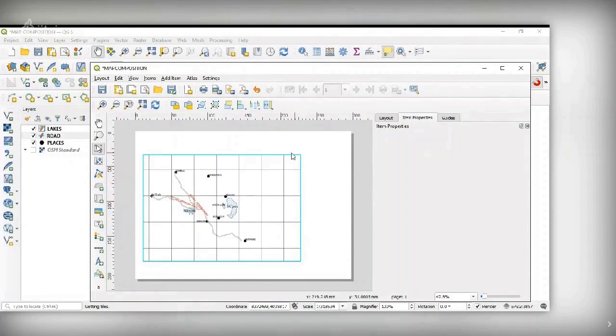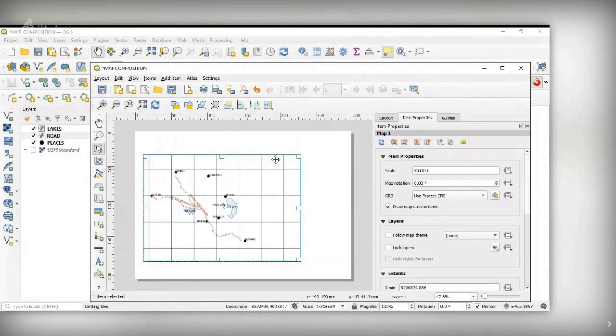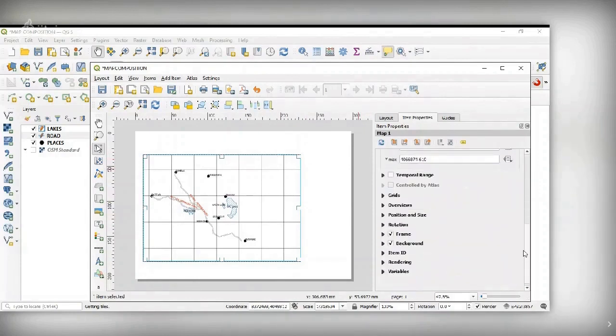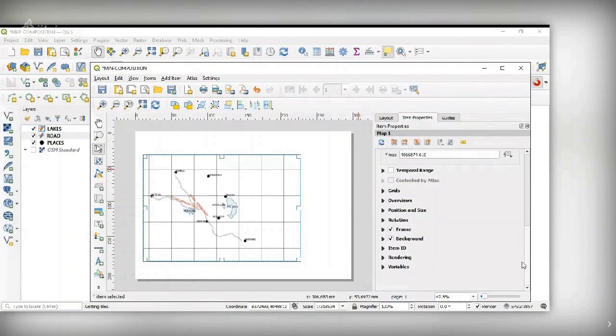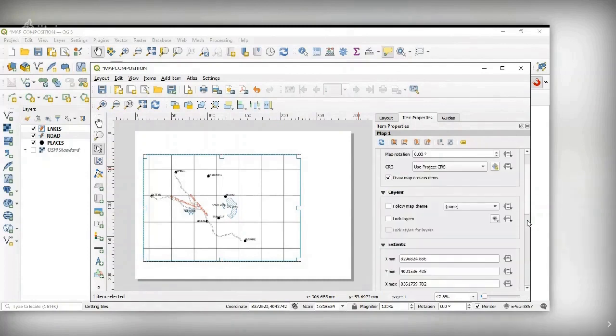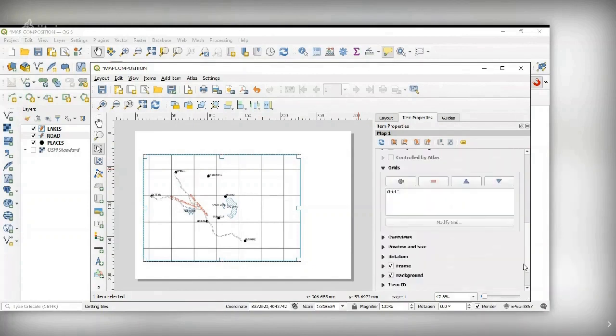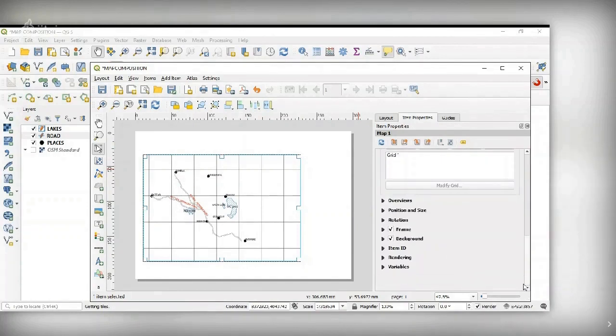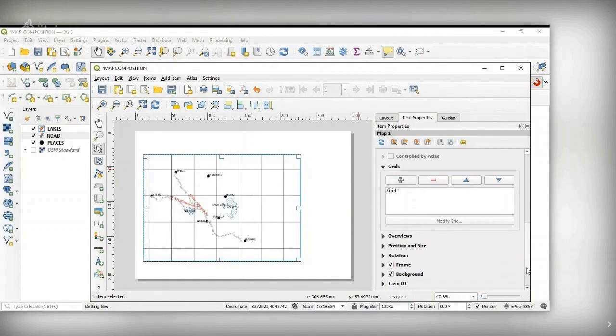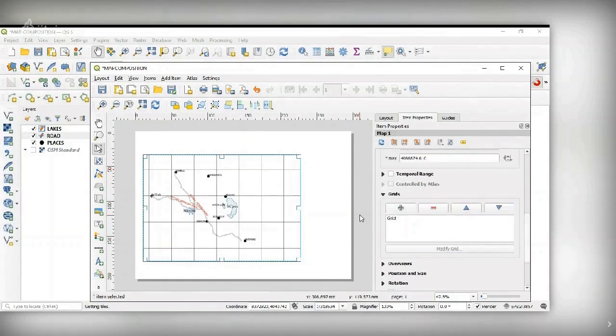Suppose if you want to place the coordinates at the interval of 5 minutes, then 5 by 60 is 0.0833. That is along the x, that is longitude interval. Similarly, 0.0833. That interval you can change at any time.